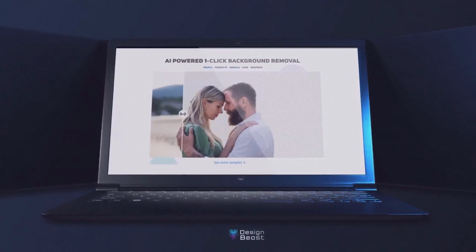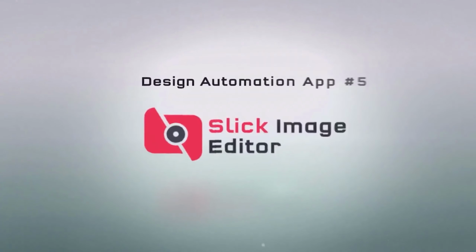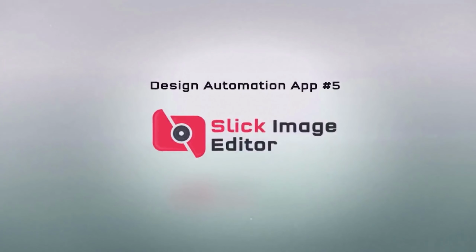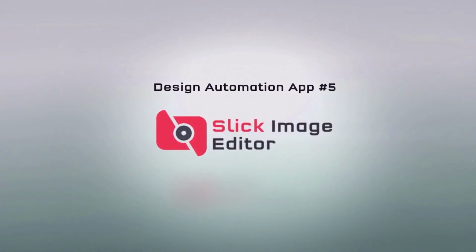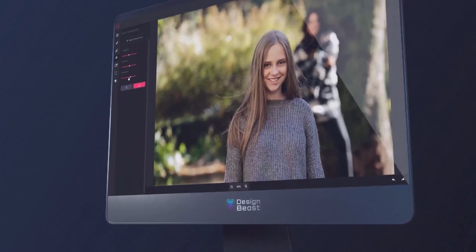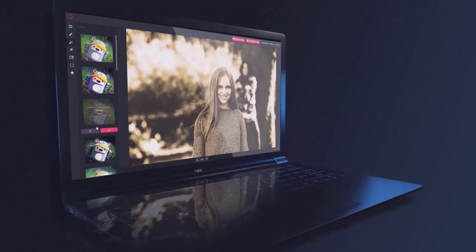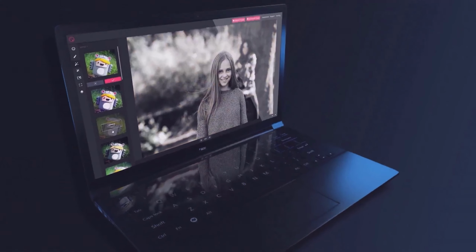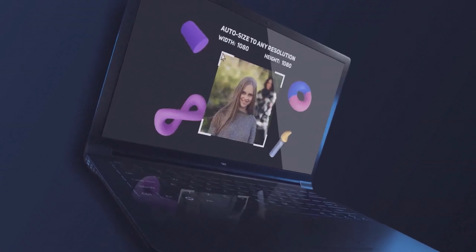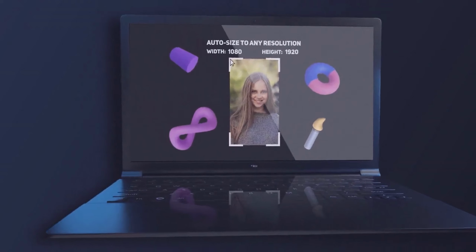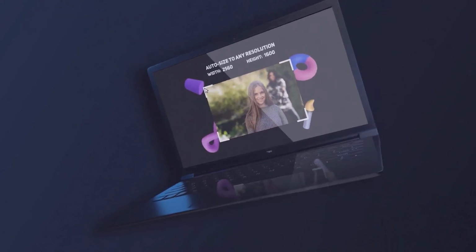competing apps do. Also included is the most comprehensive and versatile Slick image editor, the fifth app in this package. Edit your photos like the professionals without any complicated apps. Edit, resize, enhance, or add filters or stickers to turn blurry and unappealing photos into stunning visuals ready to print